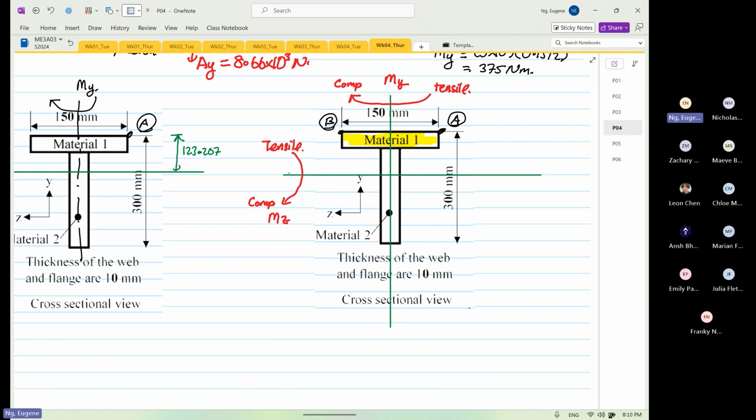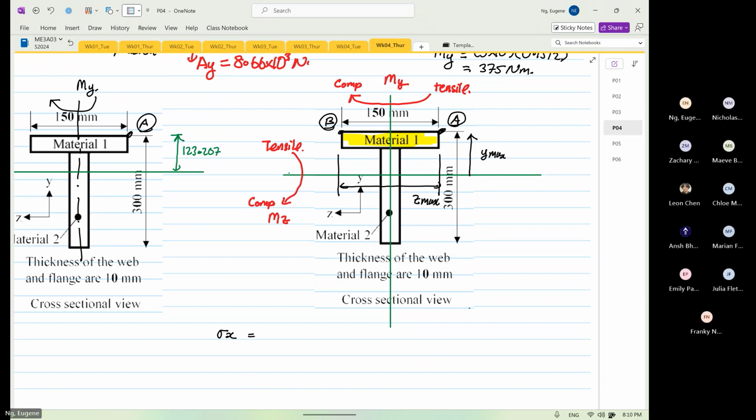Why do I pick these 2 points only for the analysis? Because they have the what? This is going to be the Y max. And for both of them, this distance from here to here is going to be the Z max, the distance furthest away. Because of the formula that we're going to apply,